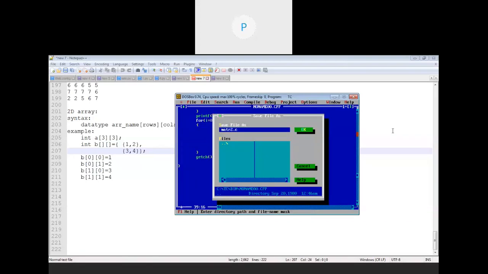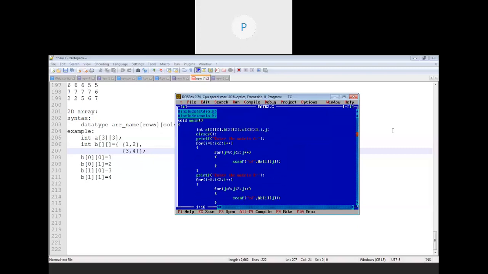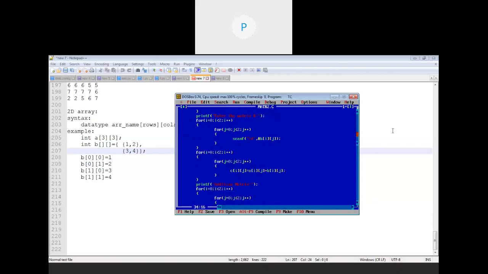Matrix2.c. I'll explain the flow again. For this program, initially we have declared three different matrices, A, B, and C, all of the same dimensions, that is 2 cross 3. Then I have accepted the matrix A from the user. Similarly, we have accepted the matrix B from the user. Once the user input is taken, by using nested for I have written the formula for performing the addition of two matrices.